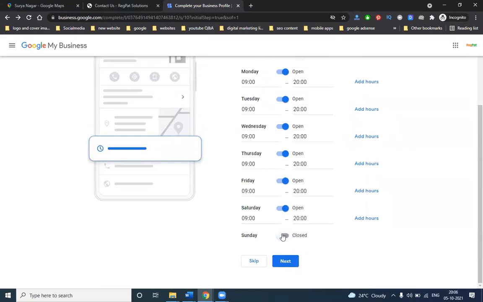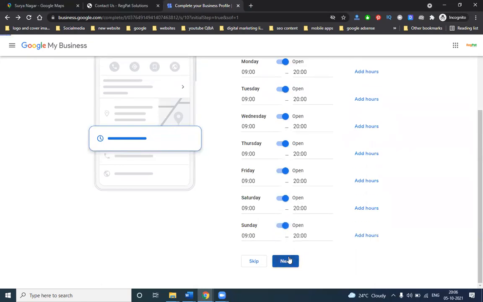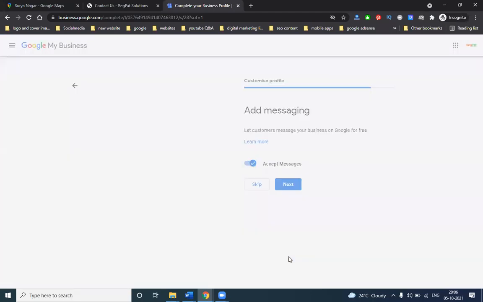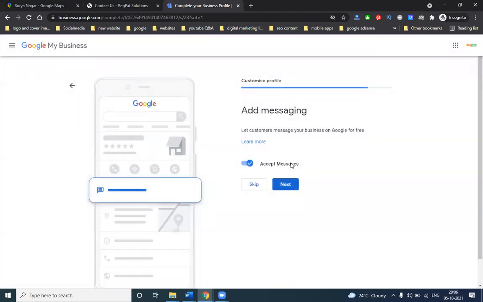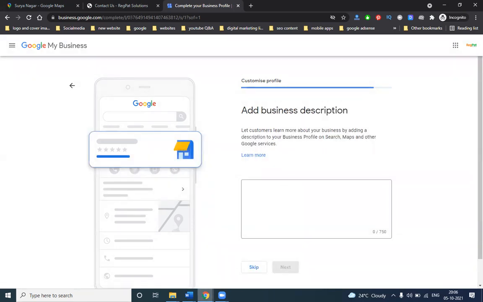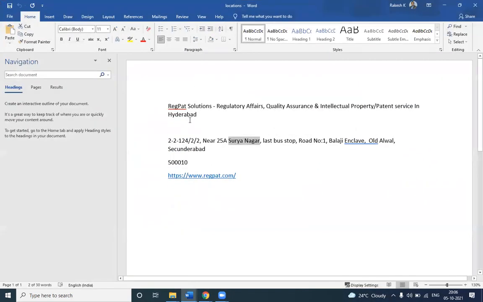If it is not there, close it. Open. Click for next. Anytime you can change your time also. No need to worry. This is nothing but questions that people will be generating, like codes. We reply for the add messenger option. Click for next. It is asking for simple text. I'm writing for the simple text option.